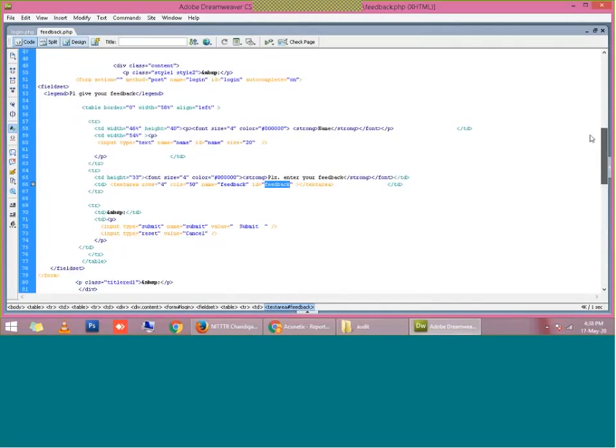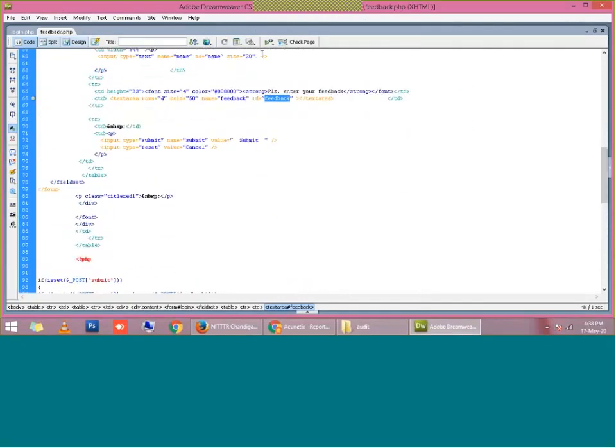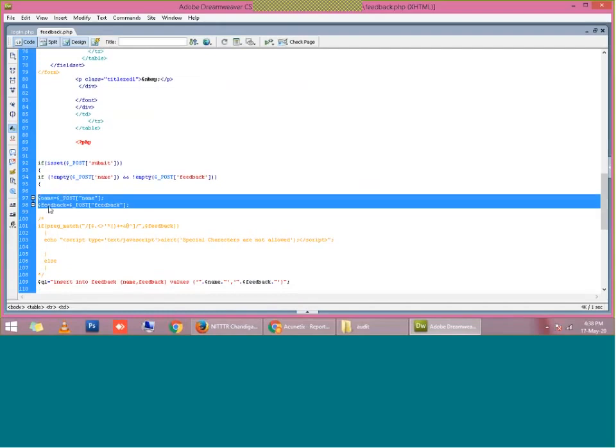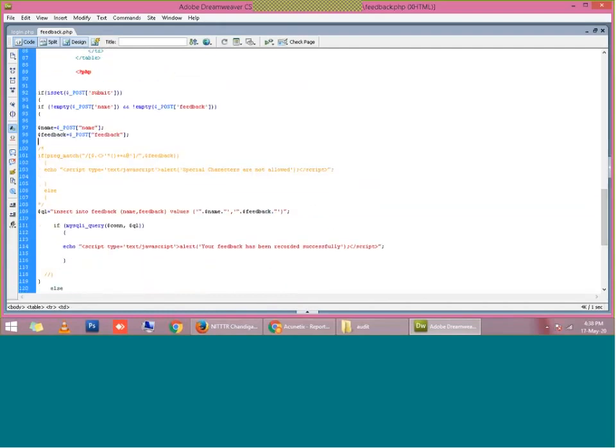What I am doing is directly passing this collected value. Whatever the user has entered in the name and feedback, I store into variables called name and feedback, and I directly pass them to our SQL insert query, inserting this comment in the feedback table.